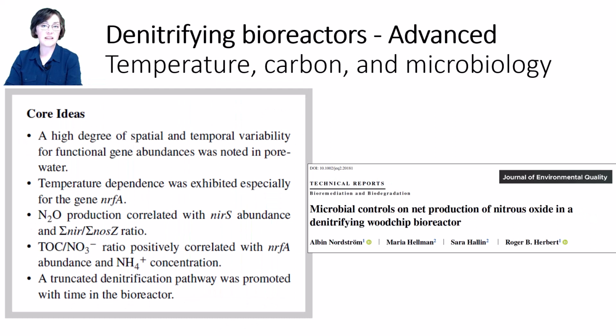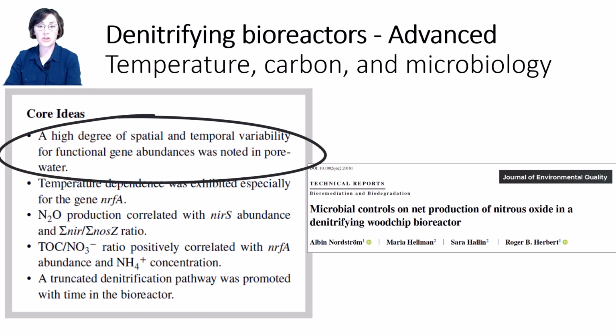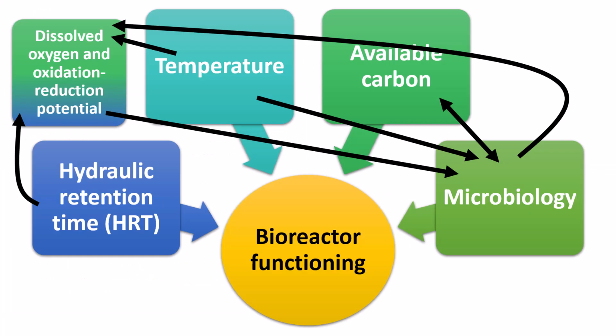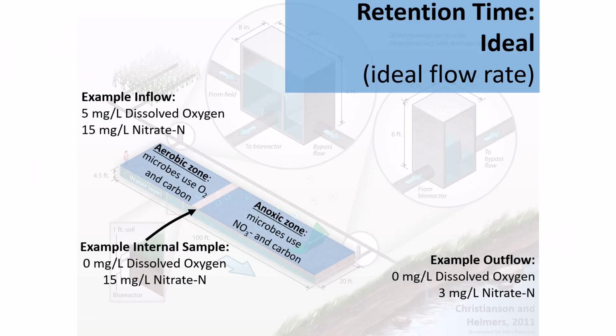I think it's safe to say that these communities and the production of these denitrification-related genes fluctuates with seasons and temperature and flow conditions and DOC availability. Remember my attempt to draw these arrows between all of our boxes here? Well, not surprisingly, a lot of them point to the microbiology box.